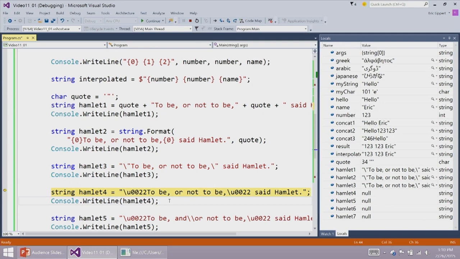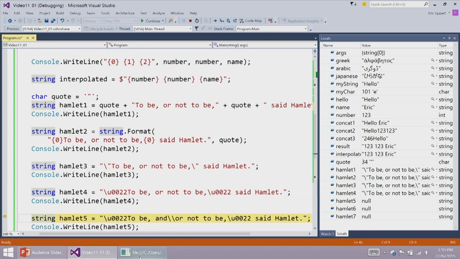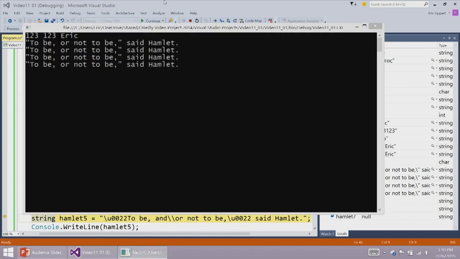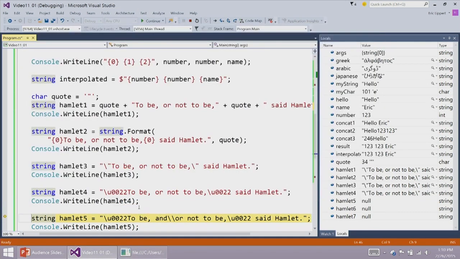0022 happens to be the code for, you guessed it, double quotation mark, right? So once again, this does the right thing. If we print this out, then it's printed out as we expect. All right. What if we want a backslash